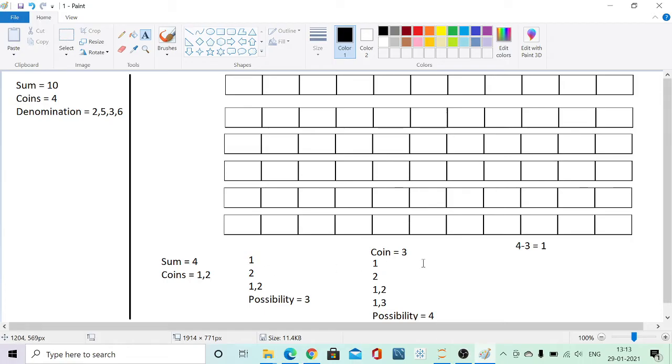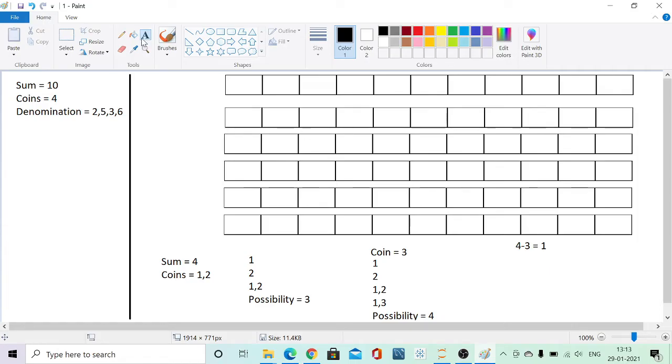Now I have got one extra coin whose denomination is 3. So why should I calculate all the possibilities again? I know I have got a step size of 3 because the denomination of coin is 3. So if I can reach up to a level which is 3 less than the required level, which is 4, I can very well reach to level 4.